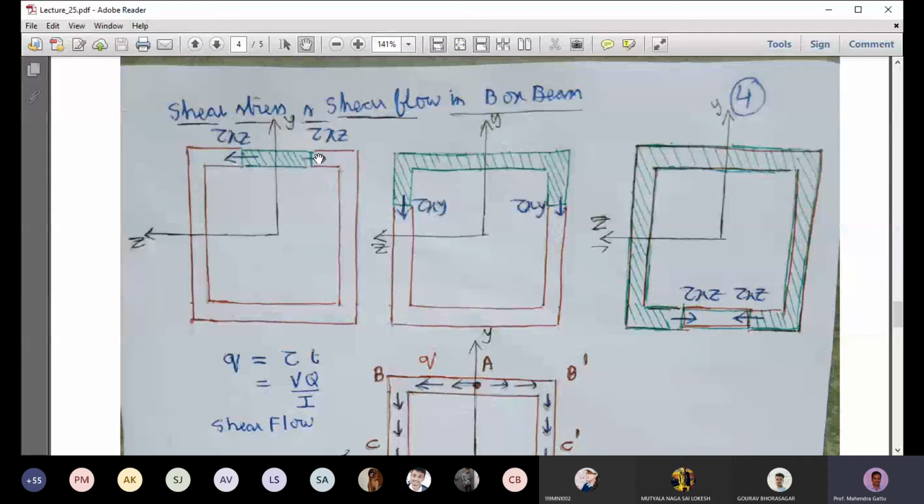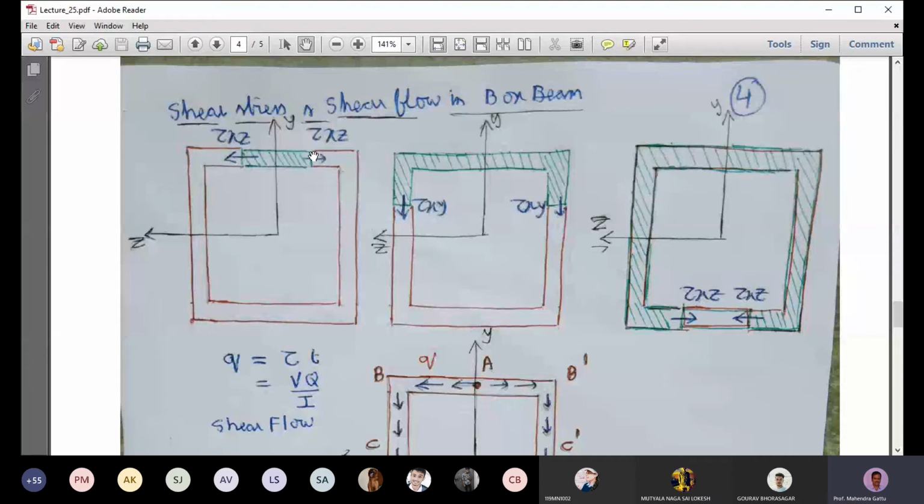And what will happen is, if you look at the 3D view, there will be delta H here on this surface and delta H here on that surface, which is acting towards you. And so there is a corresponding tau zx. And to balance it, there is a tau xz and tau xz. Okay, so that is the shear stress on this face, on this face, on this edge and on that edge.